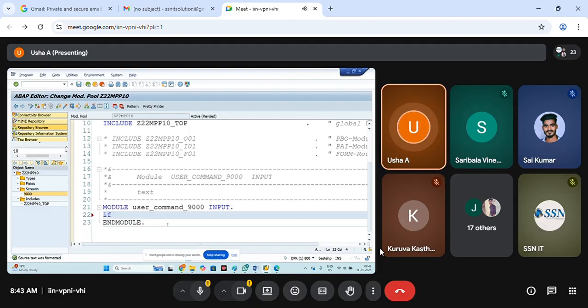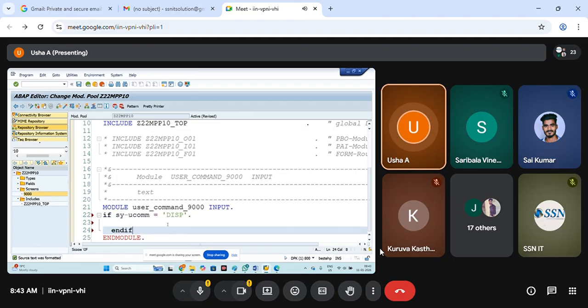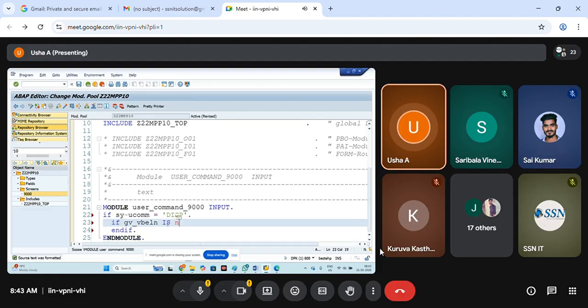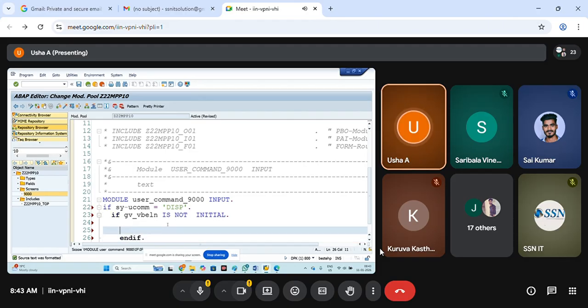I don't have multiple push buttons, so I'm writing only one if SY-UCOMM equal to DISP, and if GV_VBLN is not initial, meaning if they have given the value, then only display.